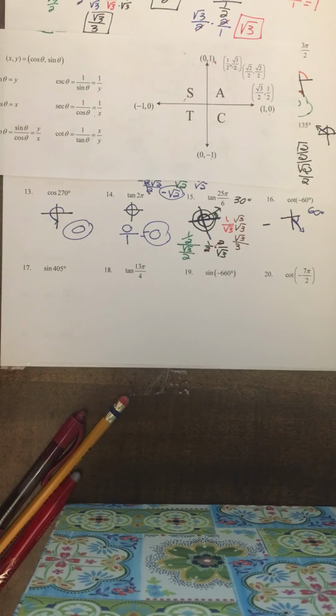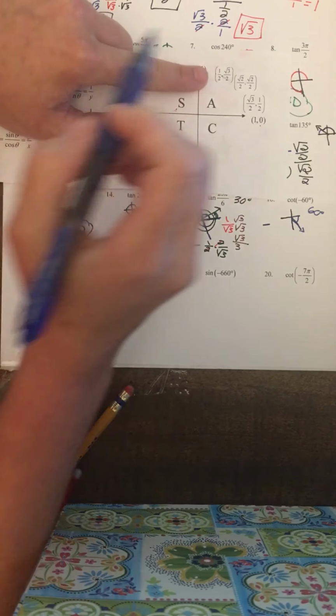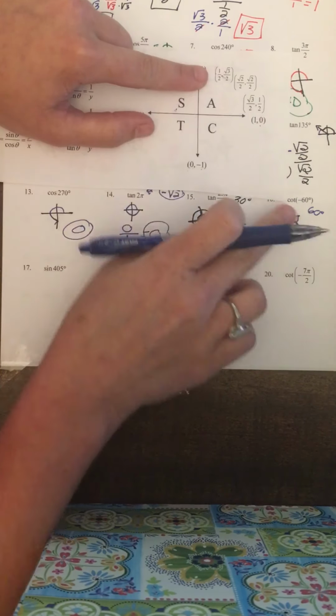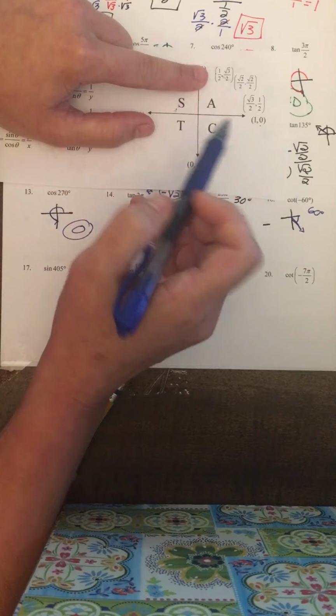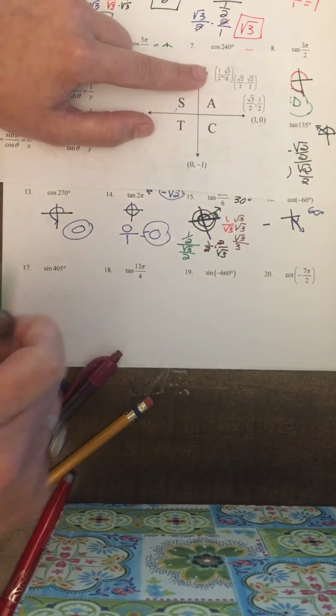Our 60-degree reference angle, we're going to be using this as our reference angle because it's 60 degrees. And remember, tangent is sine over cosine, which would be square root of 3 over 2 over 1/2. But cotangent is the reciprocal of that. So cotangent is actually cosine over sine. So cotangent would be